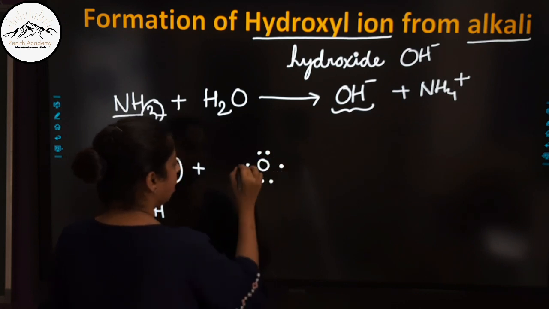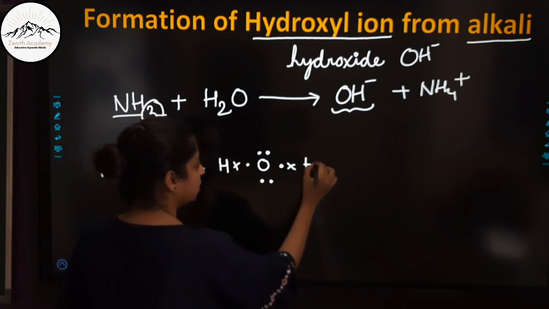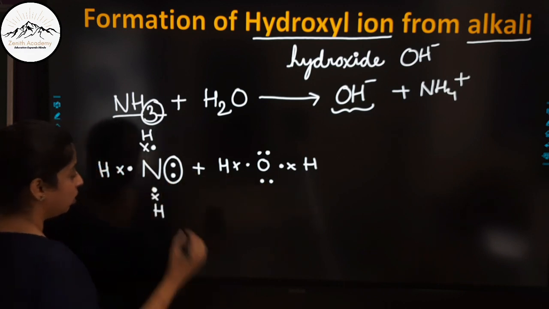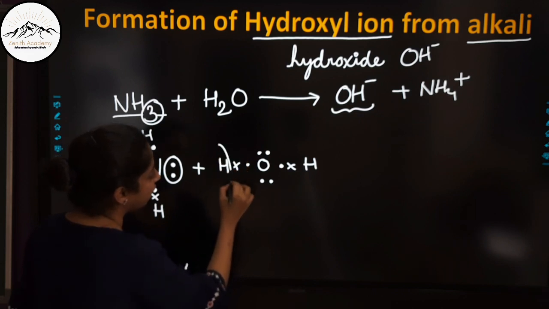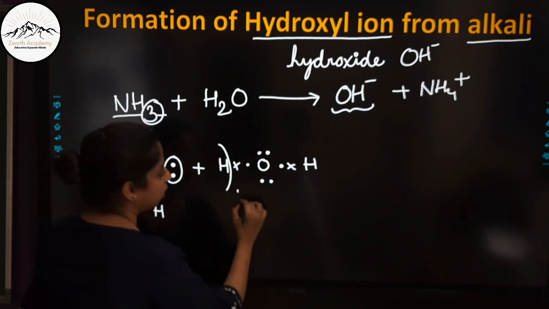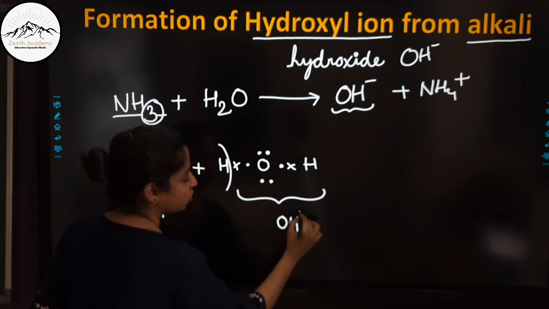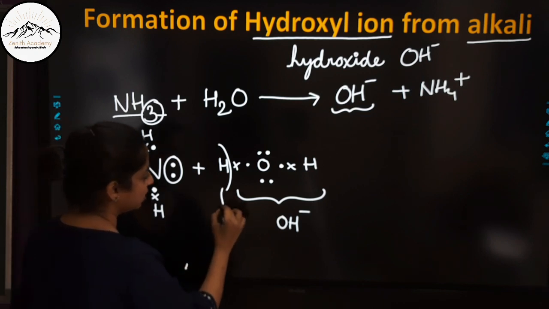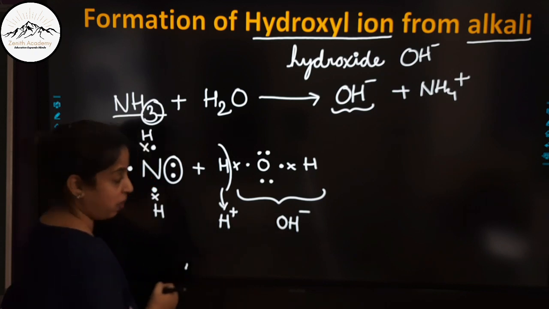Now if we see this water molecule, I am drawing a straight molecule: 1, 2, 3, 4, 5, 6 of oxygen and 1 of hydrogen. So this is the water molecule. I have drawn it straight, not the bent one. When this breaks, this hydrogen goes without the electron. So what remains is OH, but it has one extra negative charge because 1 electron of hydrogen is extra, and this is H plus. So water breaks into H plus and OH minus ions.